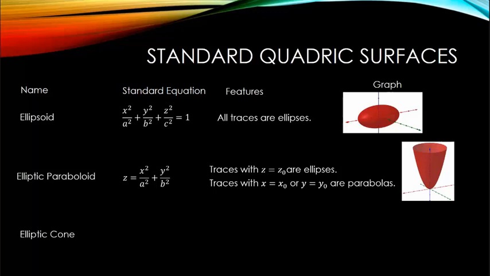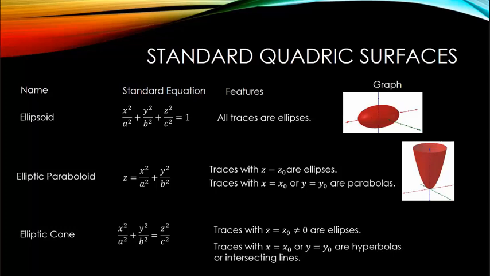I might have an elliptic cone. This has the standard equation form x squared over a squared plus y squared over b squared is equal to z squared over c squared. Traces where z is equal to z naught, not 0, will be ellipses. Traces with x equal x naught or y equal y naught will be hyperbolas or intersecting lines. This graph looks like a pair of nappes of cones